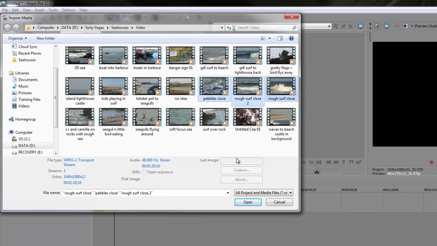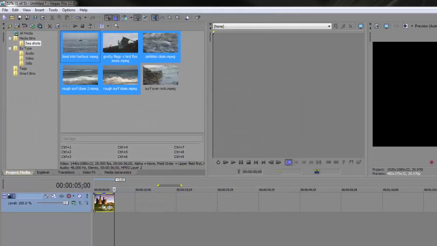And if I wanted to deselect something or add to it, I would again hold the Control key and I can add to it. So let's add that one too, but let's also add one that's not a C shot. So we've got some grotty flags flying, so let's select that one as well, and I'm going to click Open, and bring in those selected shots. It takes a moment to process them,